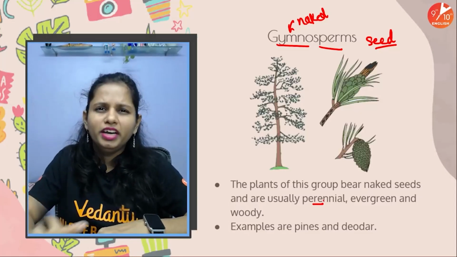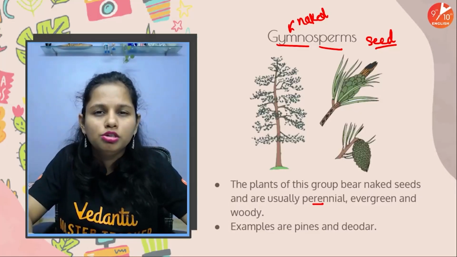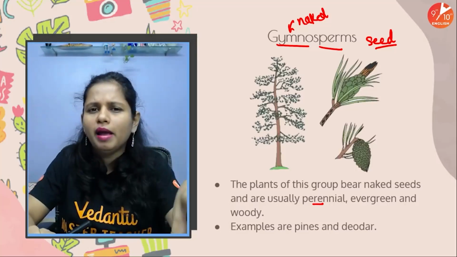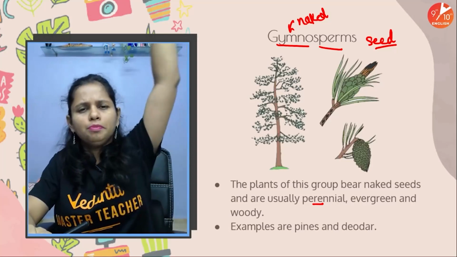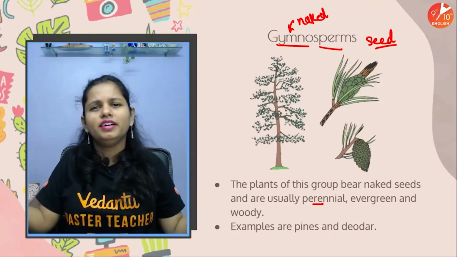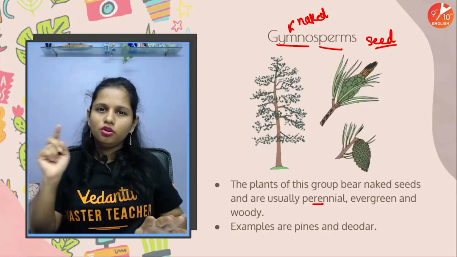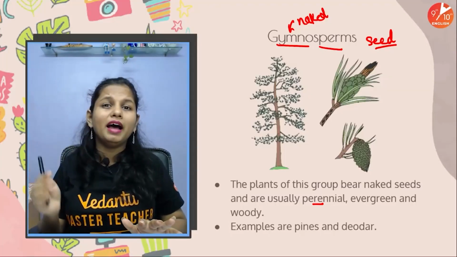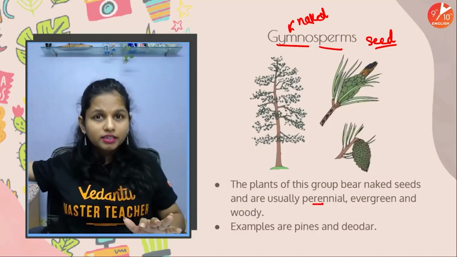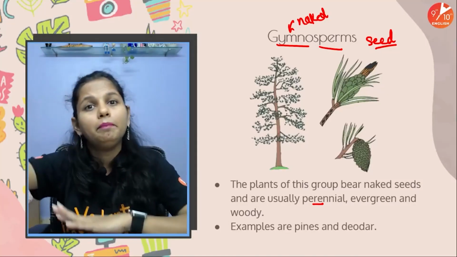Now, if we talk about these plants, they are perennial. Any plant which grows for more than 2 years is referred to as perennial. Like if you sow a seed of mango, it will keep on growing. Same is the case with coconut and banana. They don't grow and die seasonally. They are not annual, they are not biannual, but the major trees that are present around us are perennial.